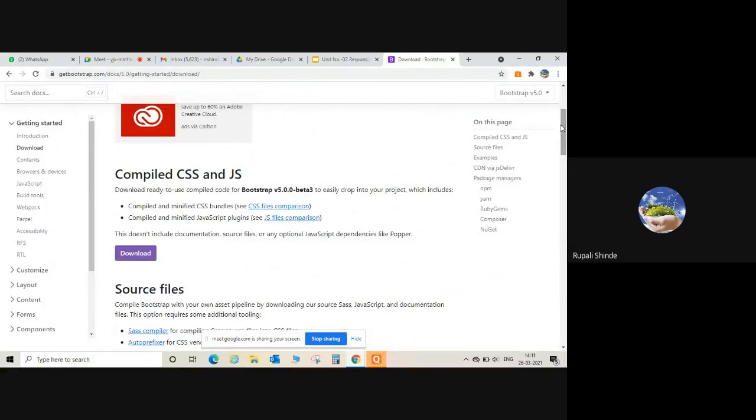Download ready-to-use compiled code for Bootstrap version 5.0.0 beta 3, easily dropped into your project, which includes compiled and minified CSS bundles and compiled and minified JavaScript plugins. It is readily available in CSS and JS. You have to download it.